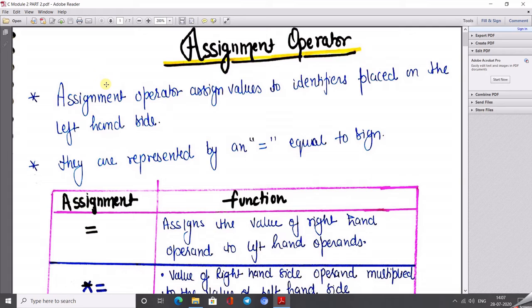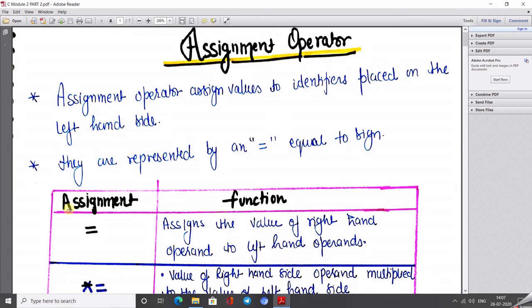But if someone tells you to perform a plus b and store the resultant value into a only, this is known as assignment. That means assigning the resultant value into the left side variable. Here a is the left operand and b is the right operand. We did a plus b and stored it into the left operand, a only. So this is known as the assignment operator.